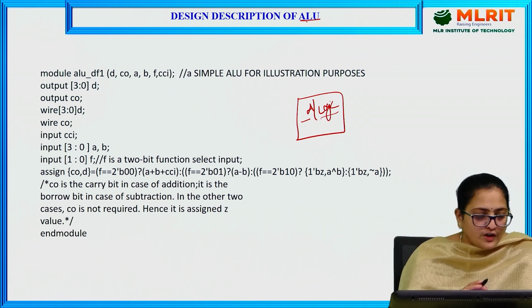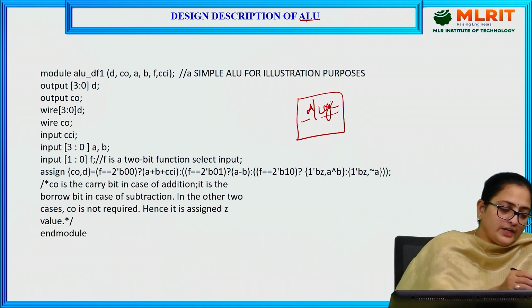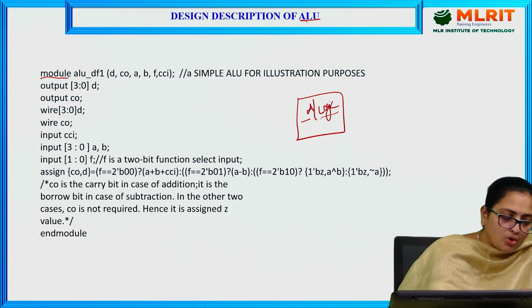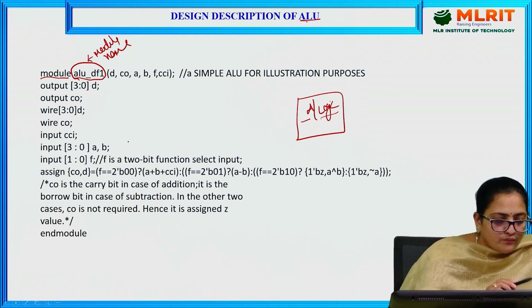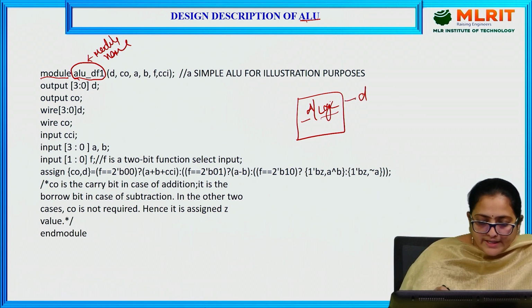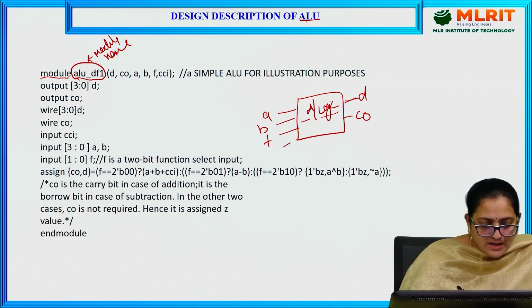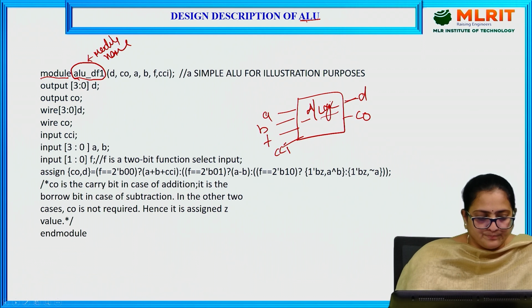For a very long code, we need to start the code with the keyword module. The module name is given as ALU_DF1. This is the module name. This module is given with the outputs D and C0, and inputs A, B, F as well as CCI.